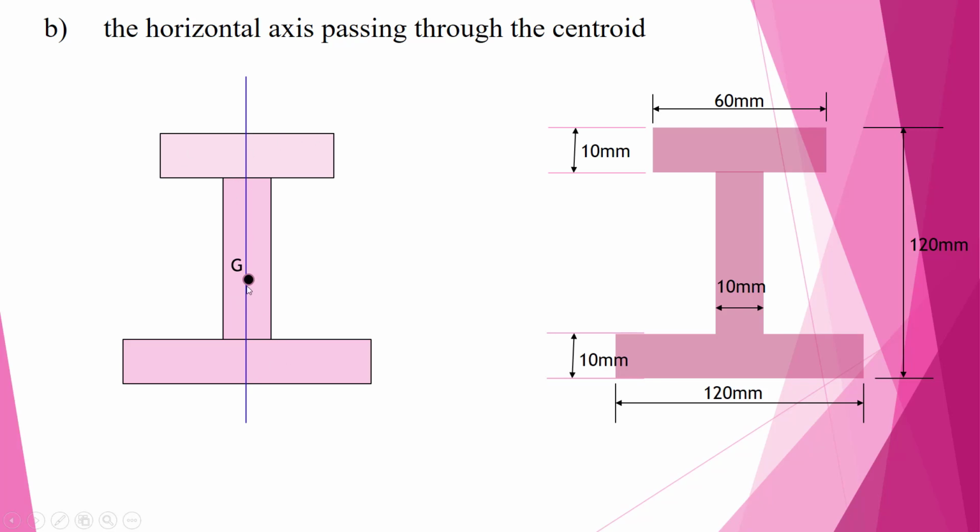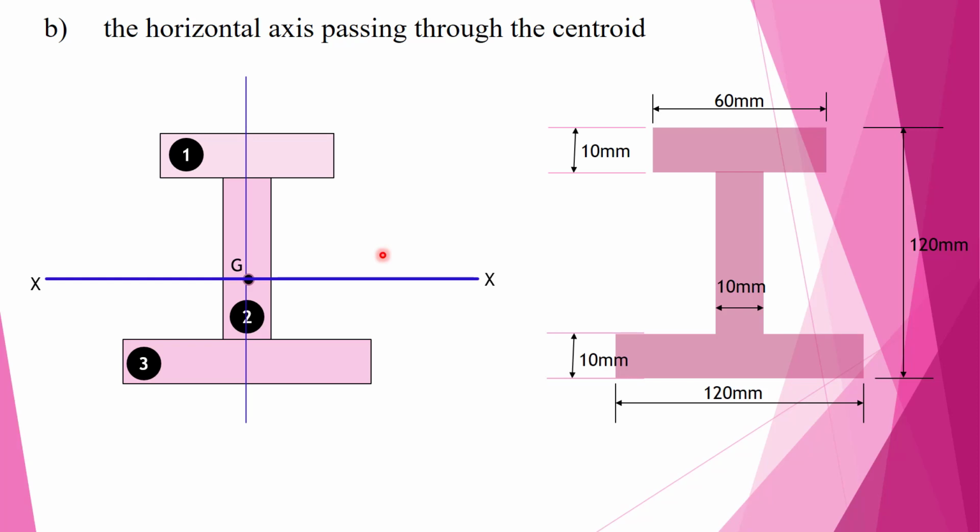Okay. Now, once you locate the centroid, now you can draw the horizontal axis passing through the centroid. This is our reference x-axis. So in this question, we need to find the moment of inertia of the I section about this reference axis. Hope you understood this one, right? Now, as I have told earlier, the steps to be followed is same. So here we need to divide the I section into three simple rectangular sections. Rectangular section 1, rectangular section 2 and rectangular section 3.